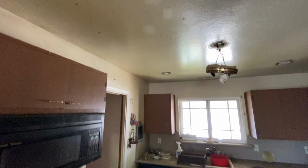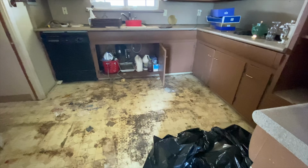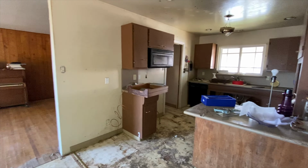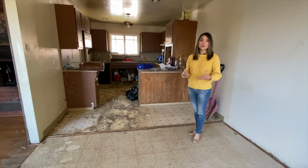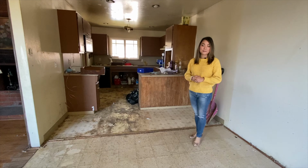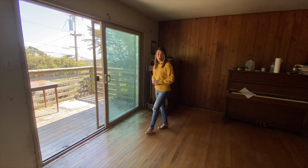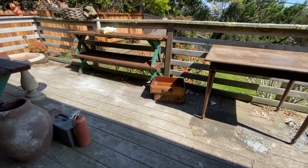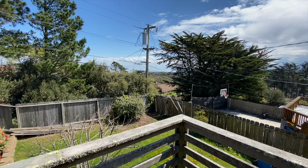The cabinets are gross, and the floors are gross, and we have to gut everything. By removing the wall and using nice finishing materials, we'll make it a much more open and welcoming space. An awesome perk of this house is this walkout deck. It's filthy right now, but we're going to clean it, and from here you can get a really nice view